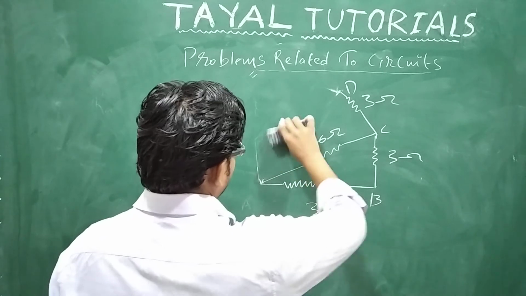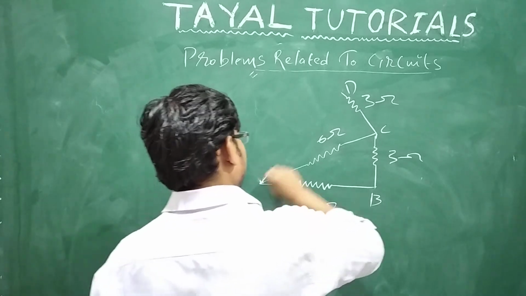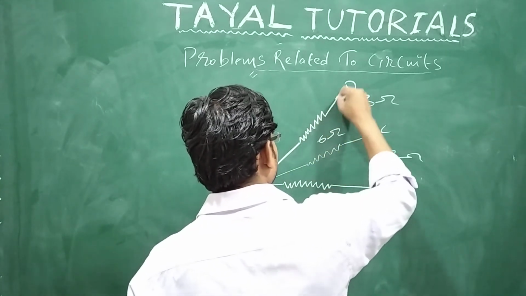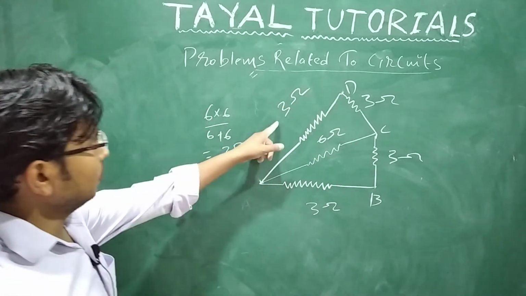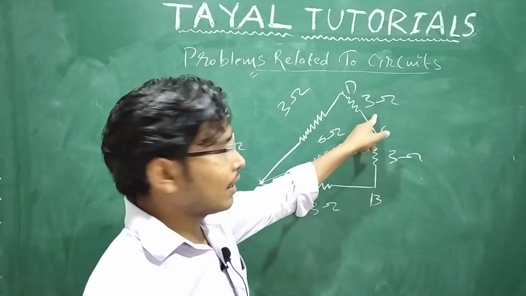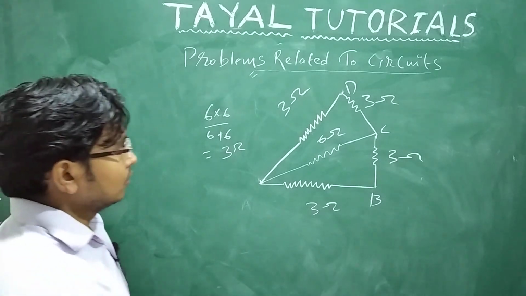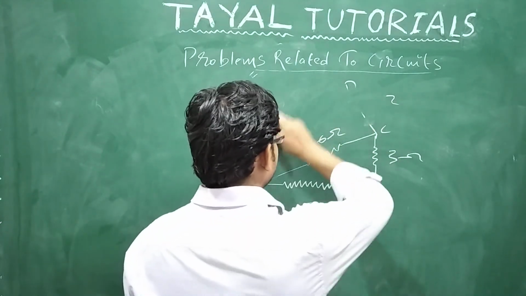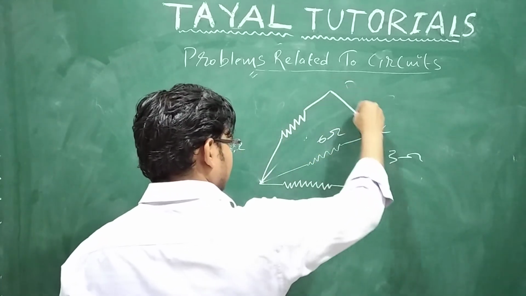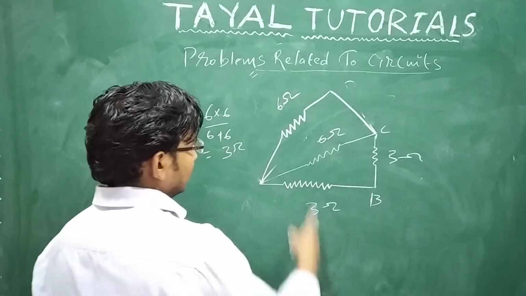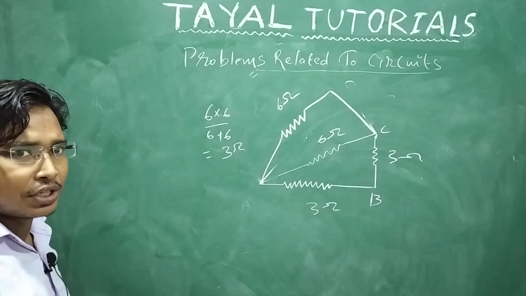Now I am just rubbing this out, and this is 3 ohm. This 3 ohm and this 3 ohm are in series. We can simply add these two resistances, that will give you 6 ohm. Now that 6 ohm is in parallel with that other 6 ohm. Now this 6 ohm and 6 ohm are in parallel. 36 upon 12 results in 3. Again you can apply.